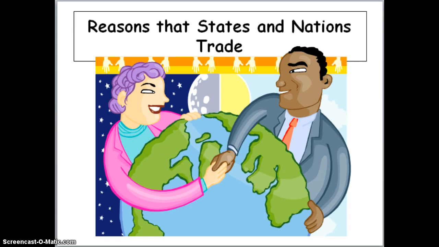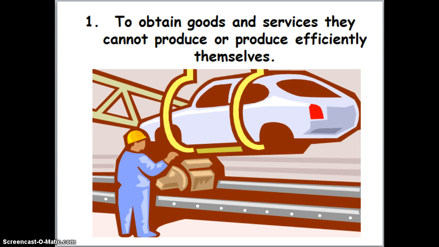These 4 reasons are very, very important to review. There are 4 main reasons why we trade. And we kind of touched upon this today when we were looking at where we found items that were made. One of the most common reasons is to obtain goods or services that we cannot produce ourselves or cannot produce efficiently. For example, even if we used a greenhouse, we're never going to be able to grow bananas very well in Northern Virginia. So we are going to trade with more tropical climates to be able to do so.